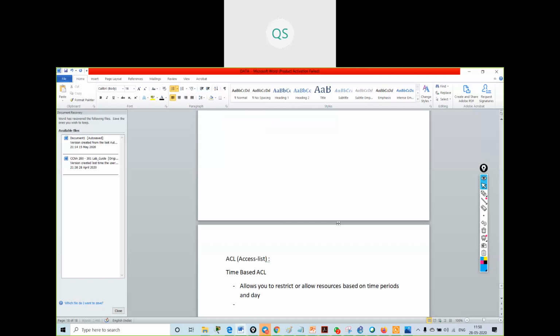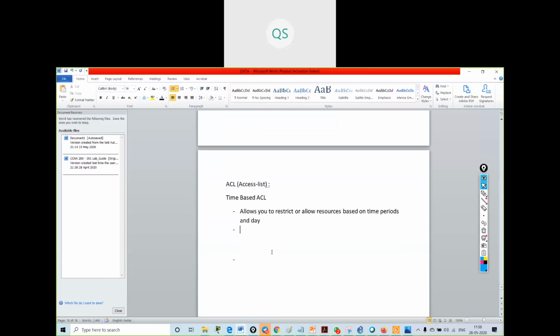So I can configure the access list if suppose I want my employees to get the telnet access from specific time, from 9 to 5 only. If anyone tries to access telnet after 5 p.m., they should not get the access. So I can create a time-based access list and do this.